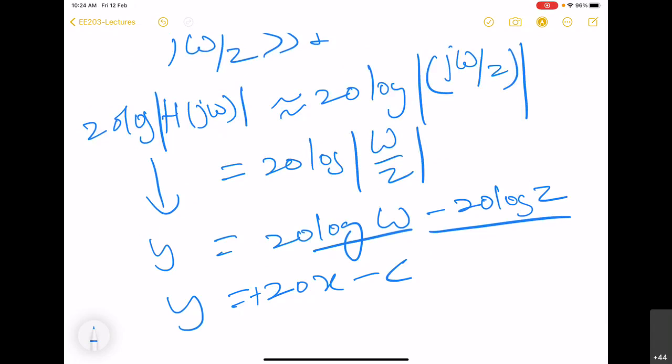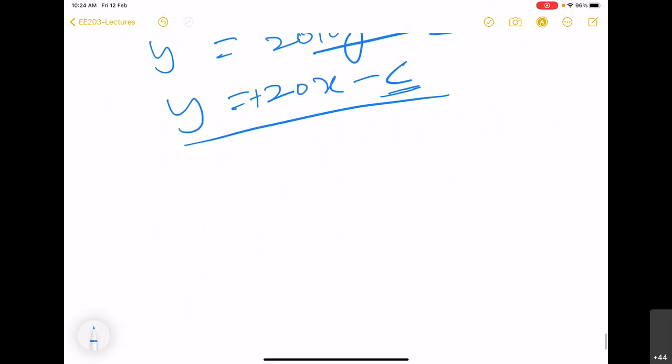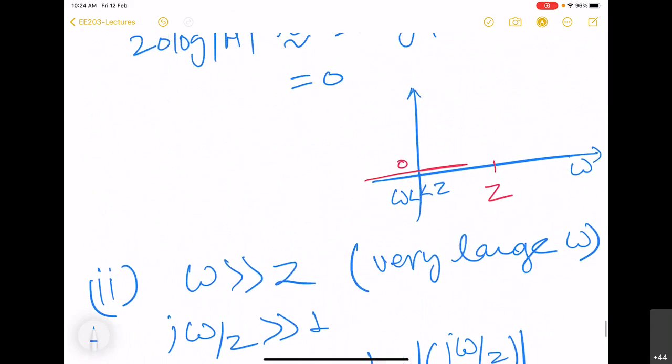So here we see that we once again get a straight line curve, but now it will not be passing through the origin, right? It will intersect the y-axis at c in the negative part,